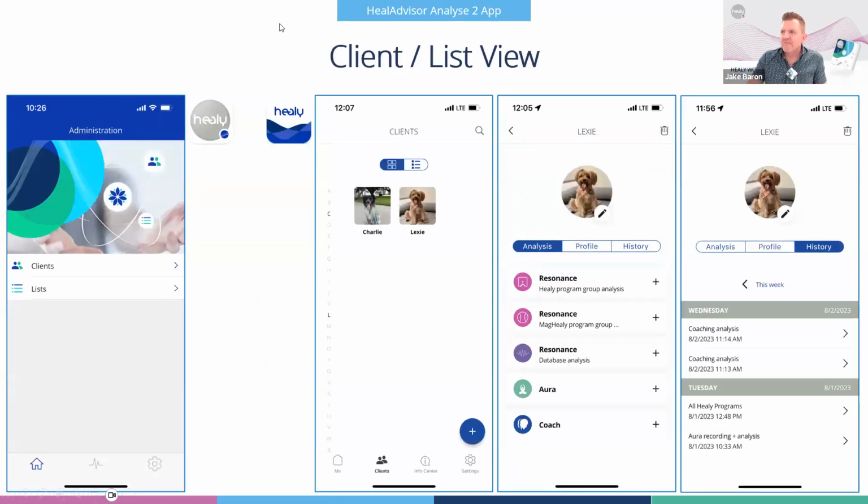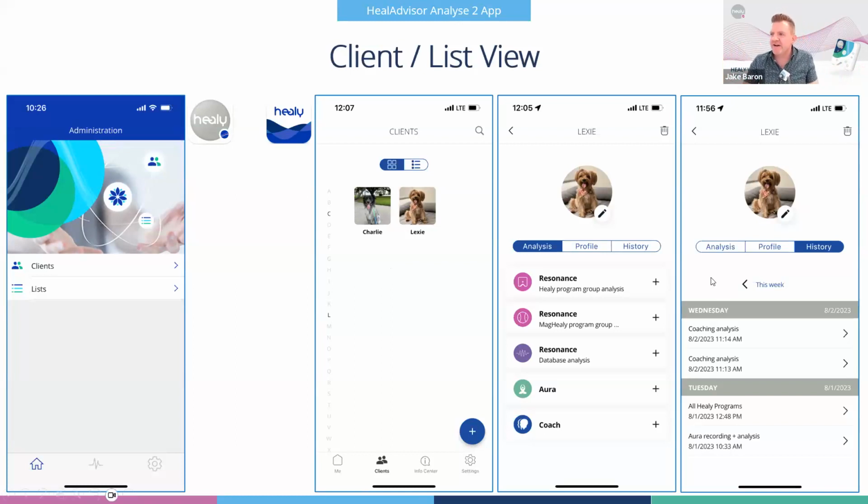And then you'll see here, as I mentioned, clients are in a separate section. You see I have on the new app, I put my pet, it's pet month right here at Healy. So I got my two dogs listed here, Charlie and Lexi. They're the models for today's episode here. But you'll see here, we have the clients in a separate section, and then you can sort them by list, or you can just show them like this graphically with the pictures here.